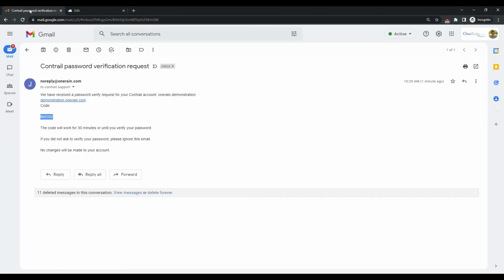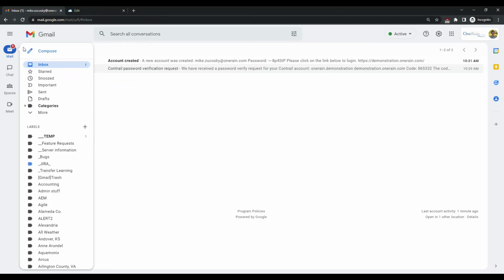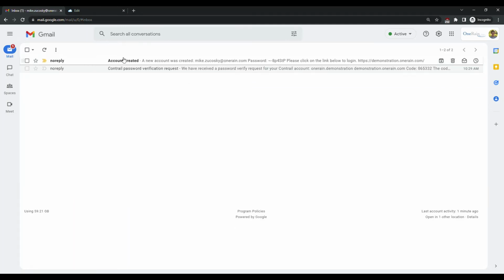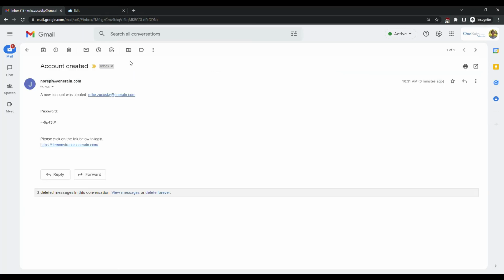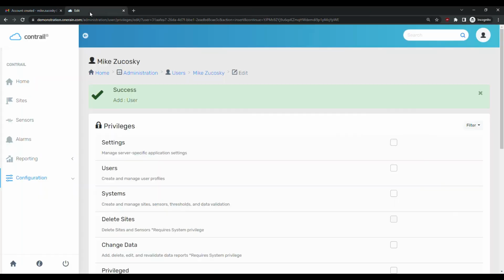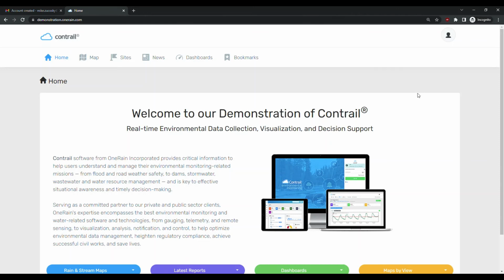Okay, and we'll go back to our email. Since I had sent it to myself, we can see here we've got an account created. So a new account was created, and my username is my email in this case, and you can see it auto-generated a password that I can then use to log in. So I'm going to go back to our instance here and just show how we log in with one-time password again. So I'm just going to log out and then log in as the